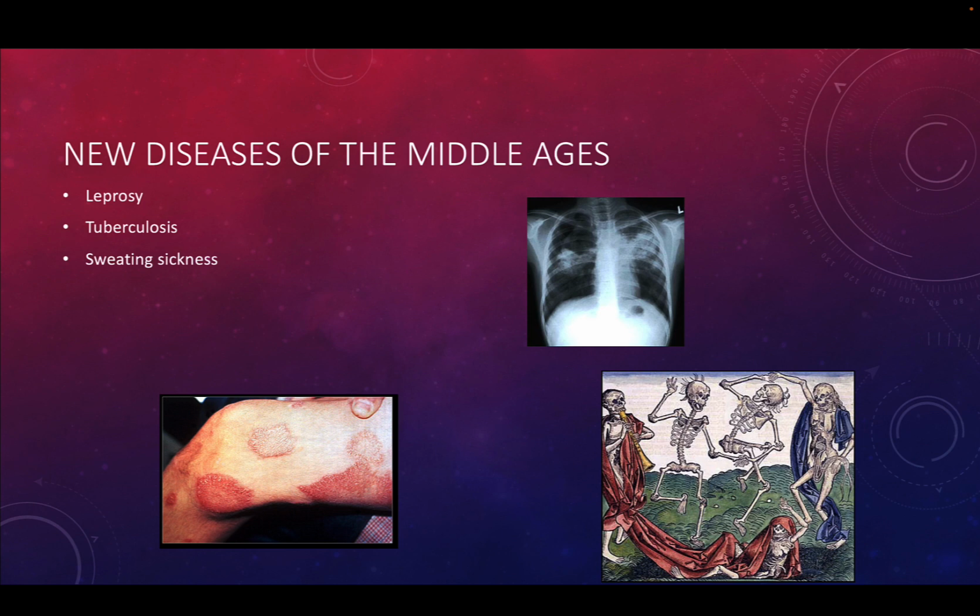And to this day, there is no real definitive cause of sweating sickness. Some people think that it may have been a type of enterovirus, so a gastrointestinal virus, maybe a bacterial infection called relapsing fever. But some scientists think there's a lot of evidence that suggests perhaps it was an unknown type of hantavirus.